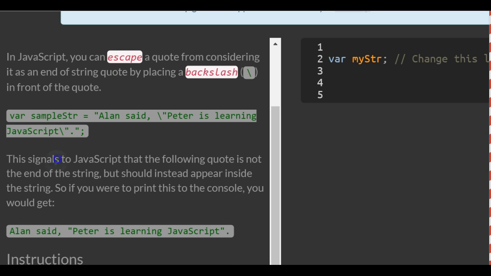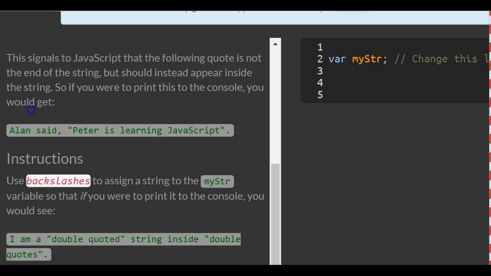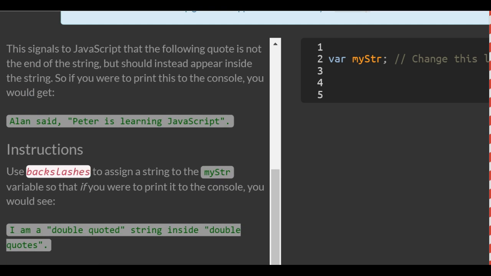This is the example they give us. They have a variable named sampleString and it's assigned "Alan said, \"Peter is learning JavaScript\"". They use the escape character here, and this allows JavaScript to know that we're not ending our string there. We actually consider this as part of the inside of our string. So this signals to JavaScript that the following quote is not the end of the string but should instead appear